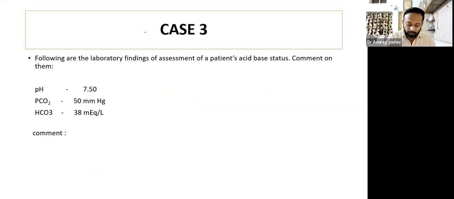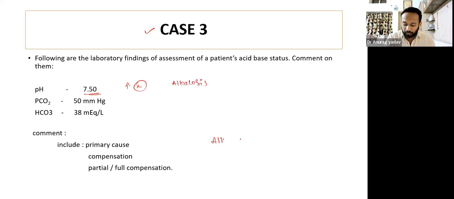The third case, we are going to see lab investigations, that is pH 7.5. So it is more than the normal range. So it comes as alkalosis. Okay, it's a condition alkalosis. Now we'll see whether it's metabolic or respiratory. First is pH, second is bicarbonate. If base is increased, here it is increased more than normal. If base is increased, will it cause alkalosis? Yes. So what is this case? This is a case of metabolic